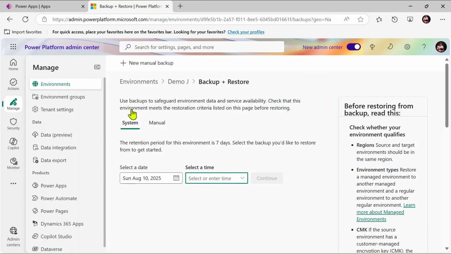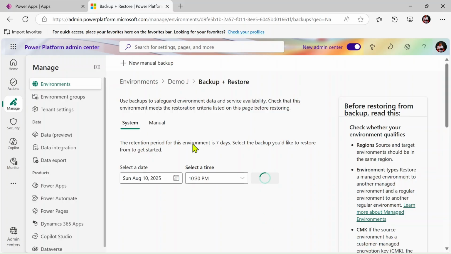If I select today's date, the most recent backup is 11:30 PM. All time zones are available, so you can select according to that. Whenever you click on continue,